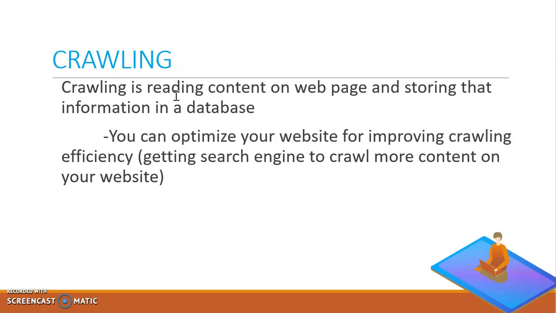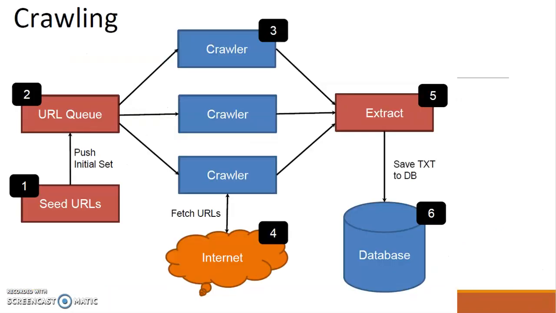Let's take an example. You have a website and you have so many pages on your website. One is your home page, one is your contact us page, one is your about us page. So how does Google know that you have so many pages? There is a function, Googlebot, which can crawl your website. First of all, Googlebot goes to your website, and crawling means reading the content on your web page: how many pages are on your website, what data is stored on your web page, how many links you are using on your web page. That is all about crawling.